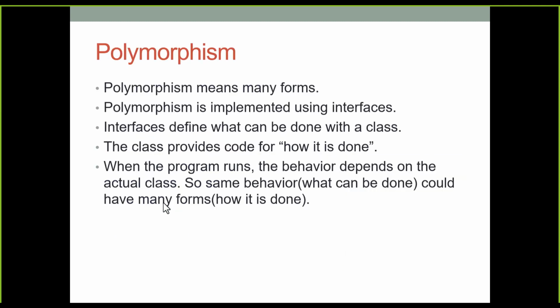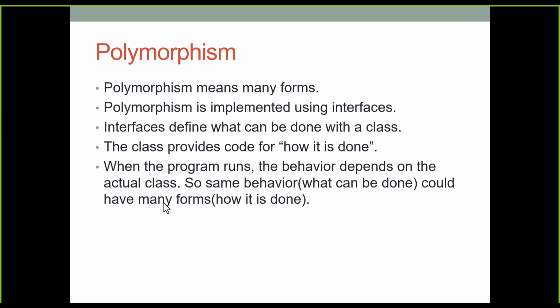There is a very important concept called polymorphism in object-oriented programming languages. Polymorphism is a difficult word, but it basically means many different forms. In Java, it was implemented using interface. Every time you see that an interface is used, you should know that there could be many forms out there for this interface. What we see here is this interface, but behind the scene, there are many different forms for